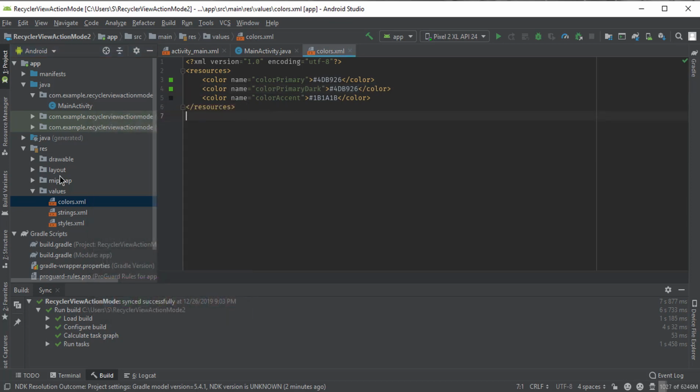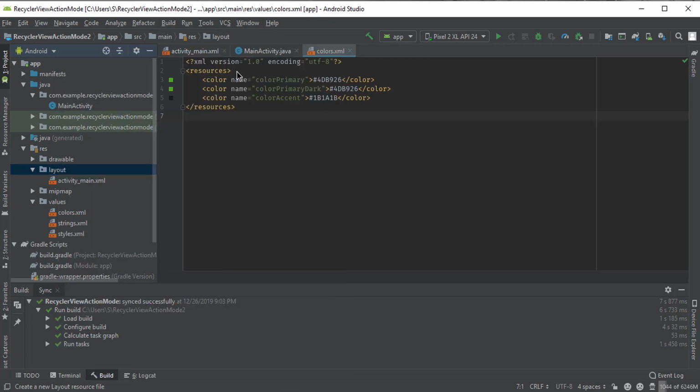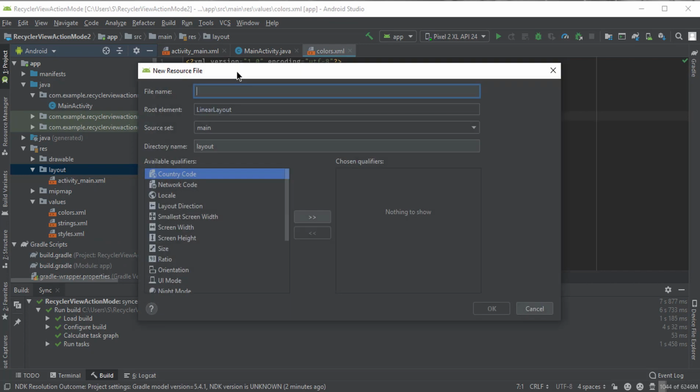Now we will create the action bar. So go to the layout, right click on this layout, new layout resource file, and here we will type toolbar and just change this linear layout to toolbar. Make sure you select the second one. Okay,